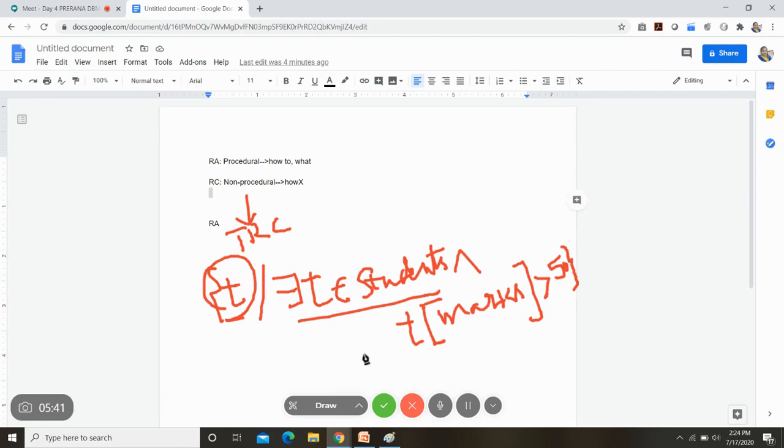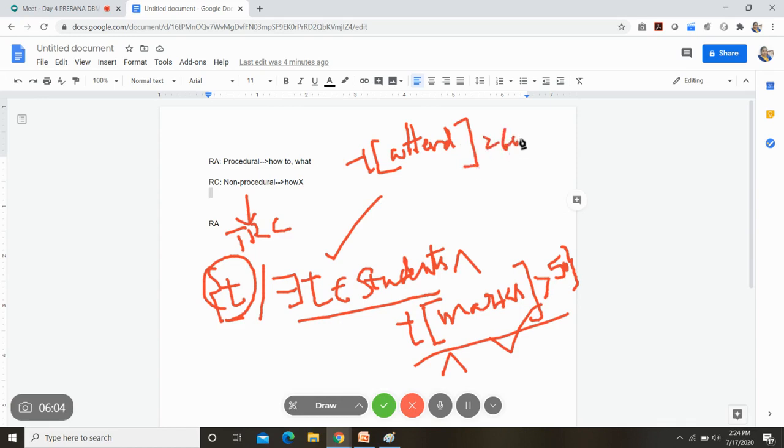If you observe this statement, are you specifying whether this is to be executed first or that is to be executed first? In addition to this, if you have n number of conditions, I wanted to write T of attendance above, greater than or equal to, 60 percent.